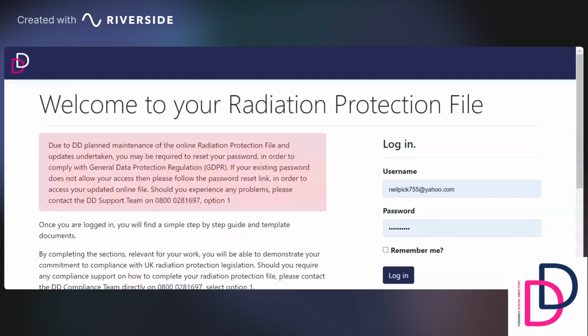Before we start going through the radiation protection file, it is important to note that the employer, usually the practice owner or the employer's representative, is ultimately responsible for compliance with UK radiation protection legislation and should therefore be involved in putting together the radiation protection practice's radiation safety management arrangements. Once logged into the file,